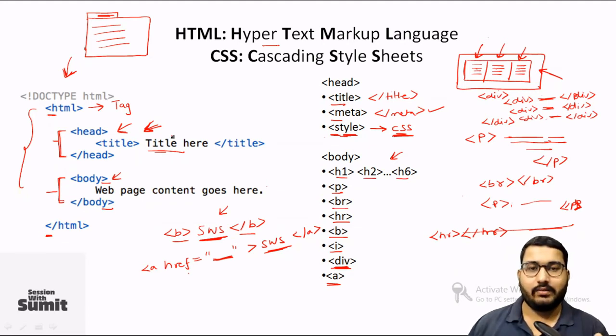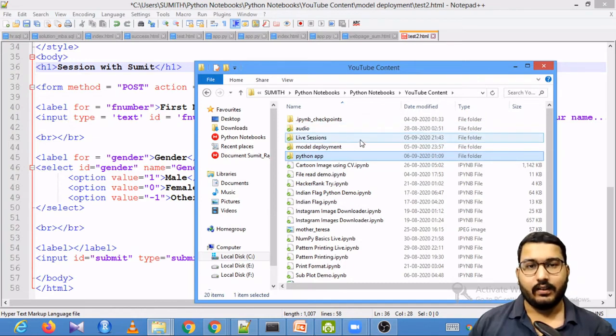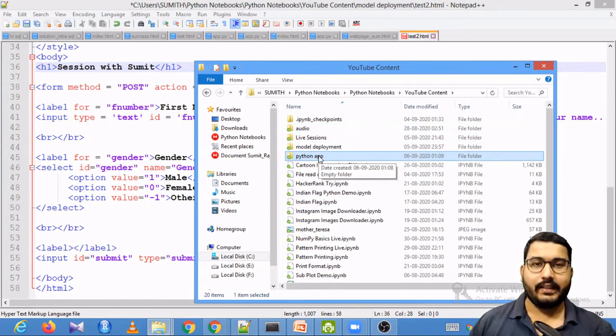Now let's try to implement the web page, and let's try to code the basic web page so that we can have a better understanding about it. So to create a web page, we actually don't need any special software or any special technology to write your web page, to write your HTML code. So all we need is basically a notepad, and using that notepad we can write our HTML code.